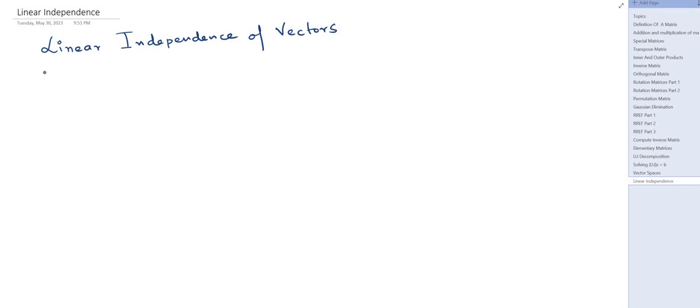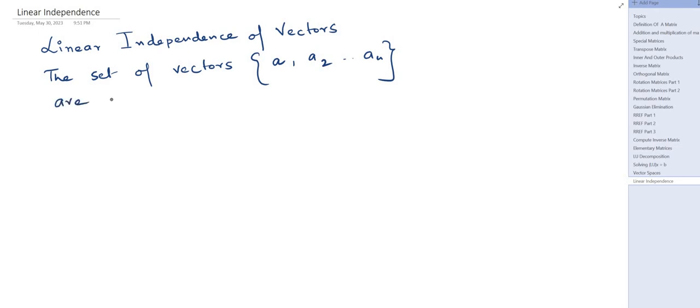We are talking about a set of vectors, consider probably a1, a2, and suppose an. These are all vectors, and we are talking about column vectors right now. They are linearly independent